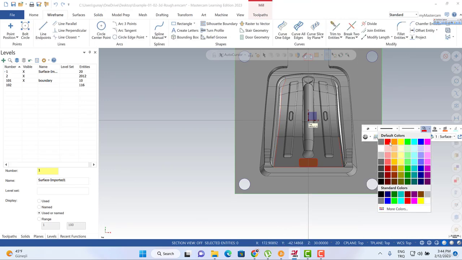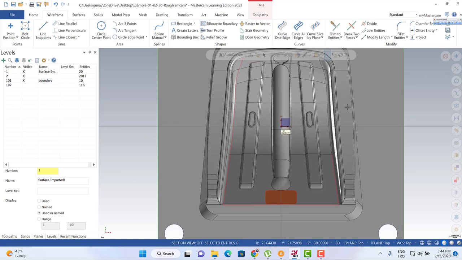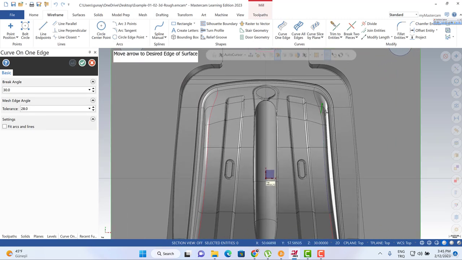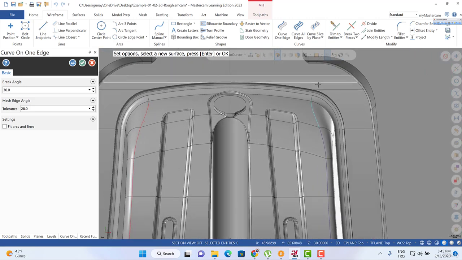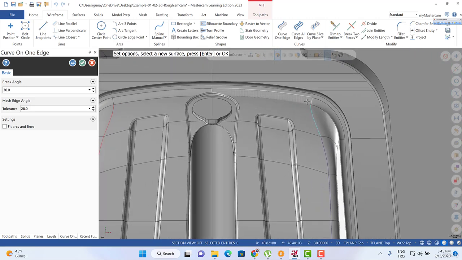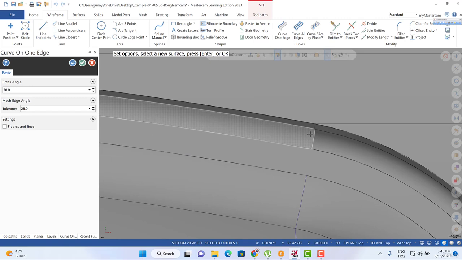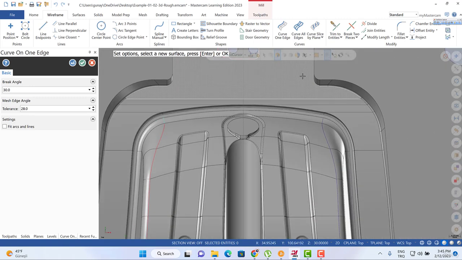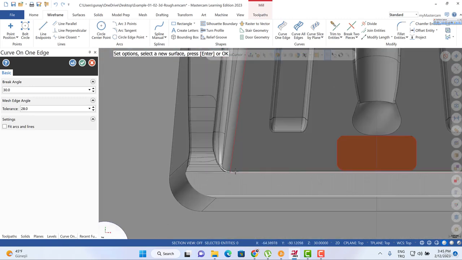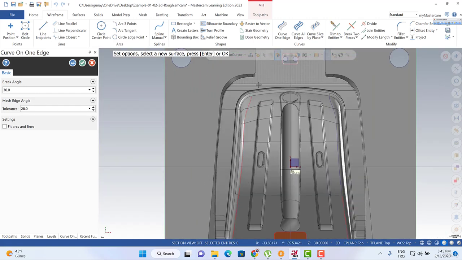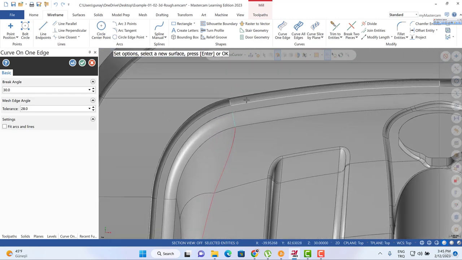mouse button, and then we can easily turn to the red perspective, and then curve on our edge options. We can select this one and this one, this one and this one, and then actually we can keep going to create this one and this one. And it's a final actually. Yeah, and I'm thinking that we are entering this radius, so maybe we should also select this radius as well